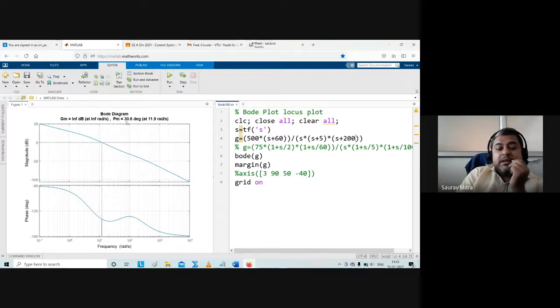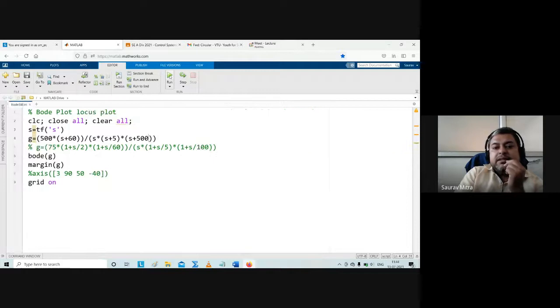So how much is the phase margin here? 30.6. Just remember this phase margin. Amruta, will you please write it down? So the pole I have made is 200, and the phase margin is 30.6. The bigger the positive value, the more the stability. So let us make 200 as 500, and we should get a higher value of phase margin. That will make the system more stable.